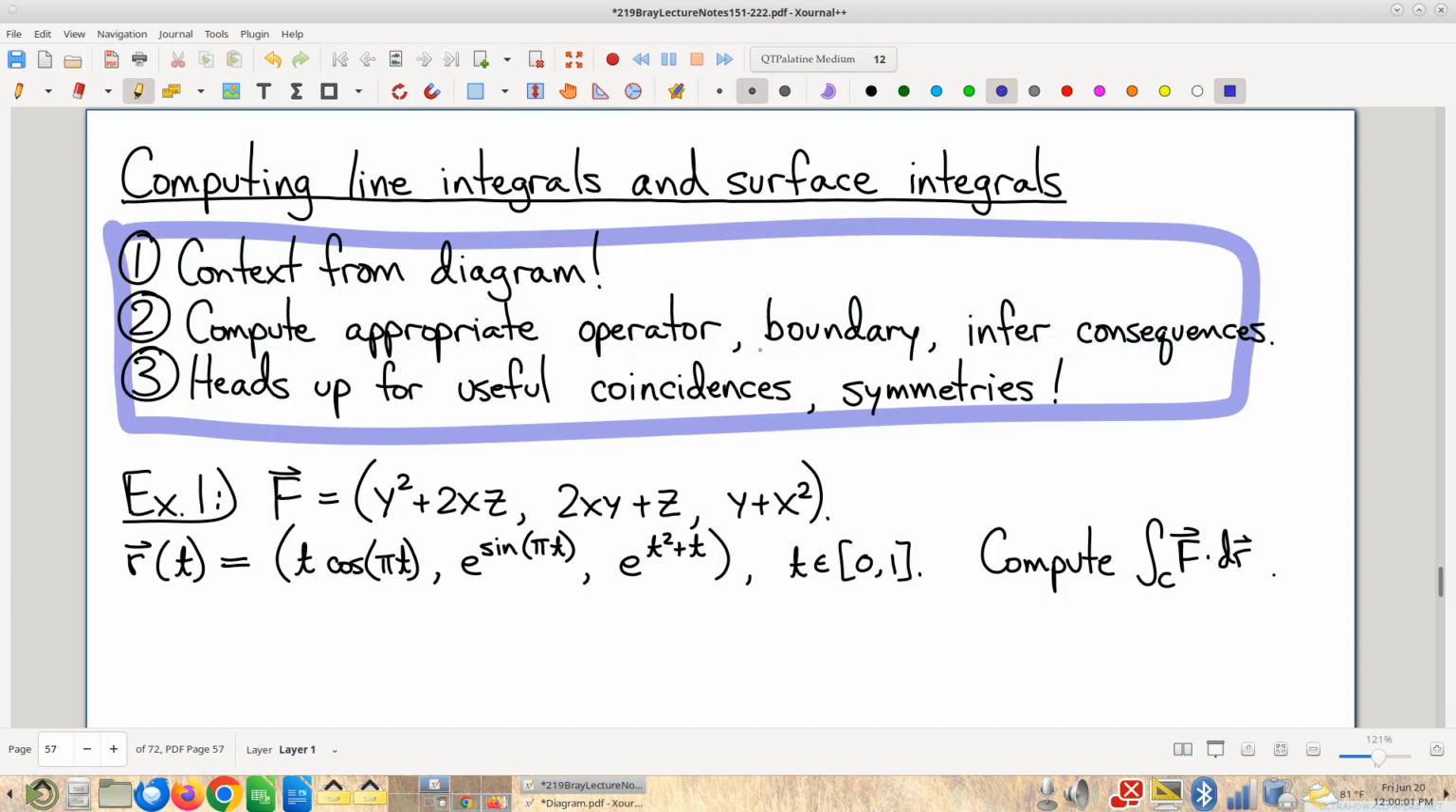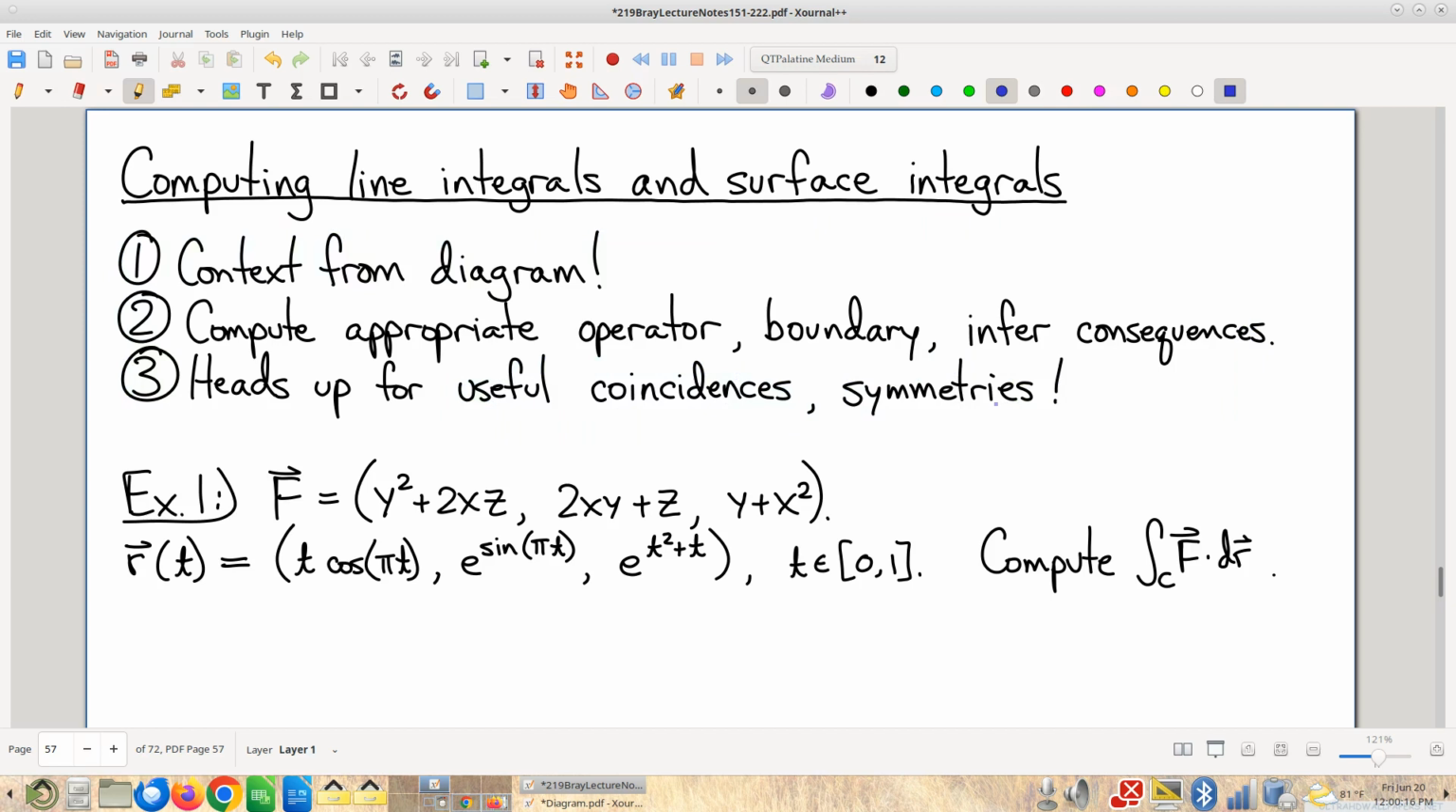And then every so often something cool will happen. So always keep your head on a swivel and think about stuff like that. Always be on the lookout for symmetry and fortunate geometry and stuff like that. Okay, so for example,